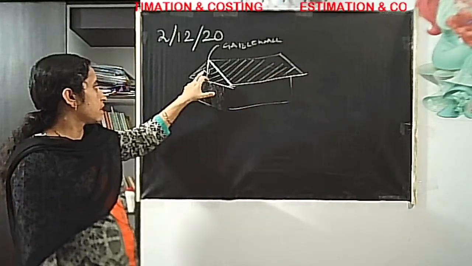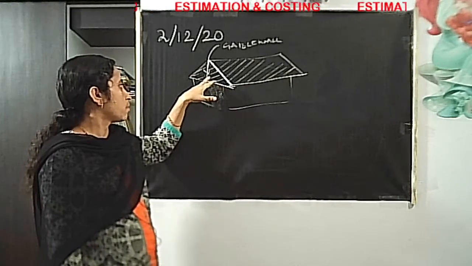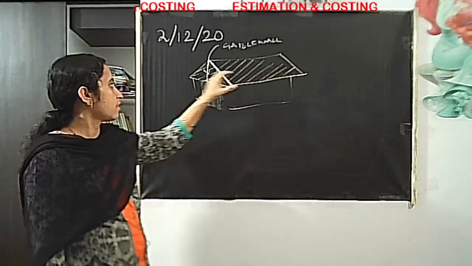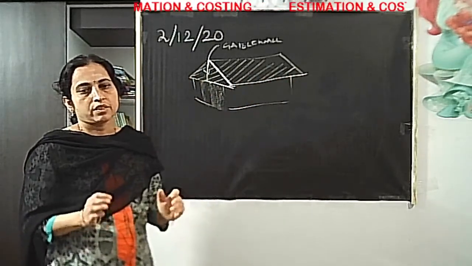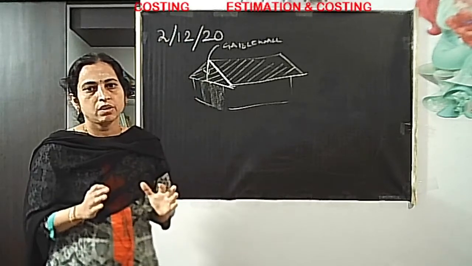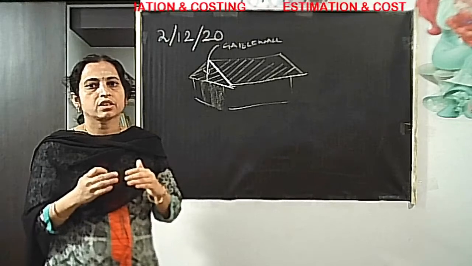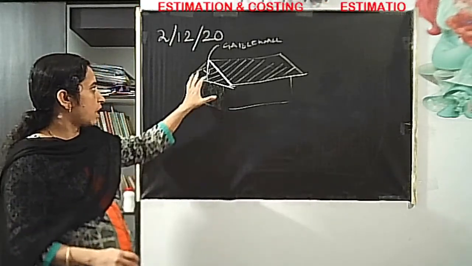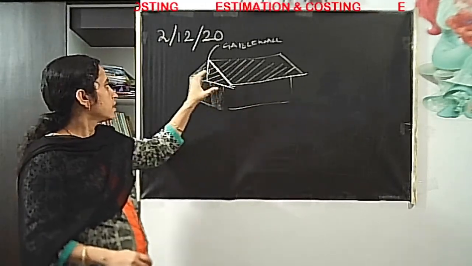So, when we are calculating the brickwork, we have to add the gable walls in the front and the rear, or at the back. That will be the additional quantity of brickwork. Hope you have understood. I am explaining the connected items of work in which there is a change when you have the sloping roof. As I said, you have the simple sloping roof, a two-sided gable roof, here.